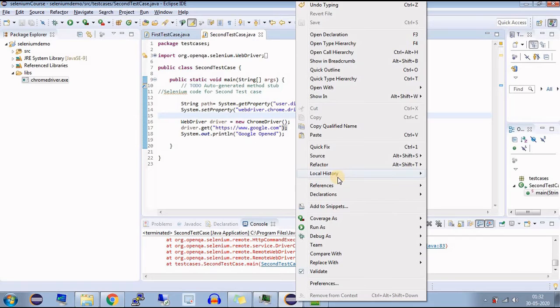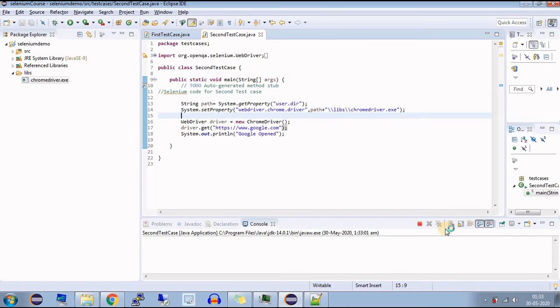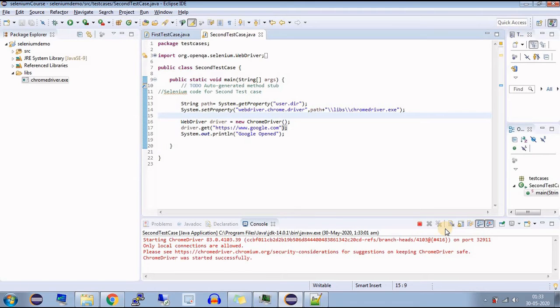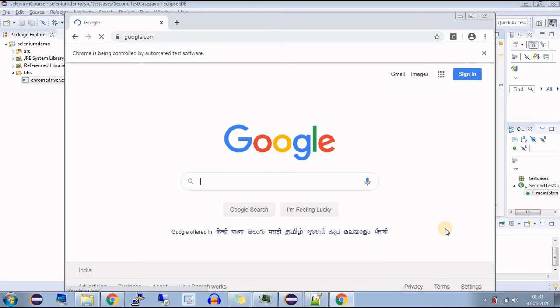Just save it and right click, run as Java application. Perfect. The Chrome browser is launched and now I'm navigated to the google.com website. Perfect.